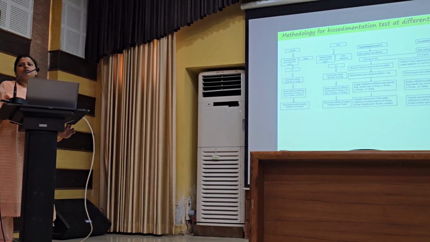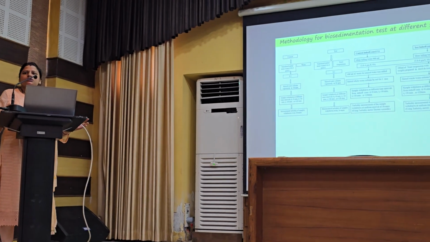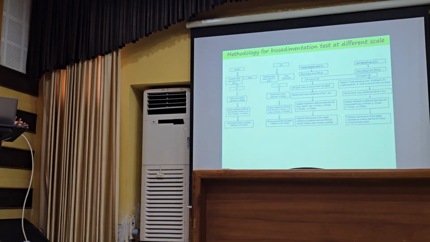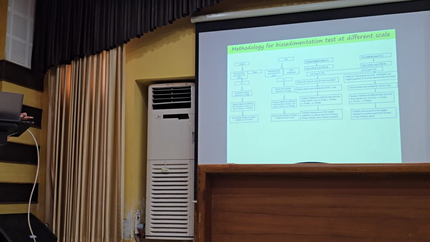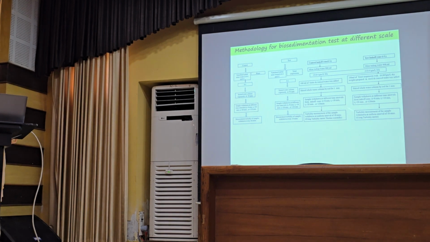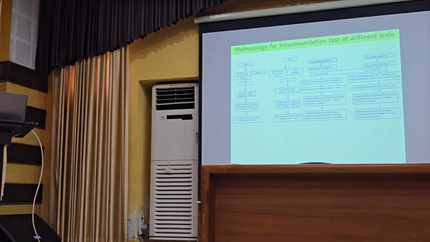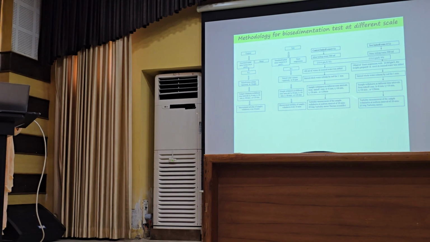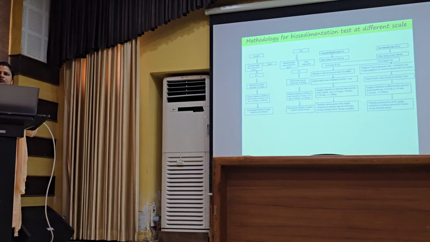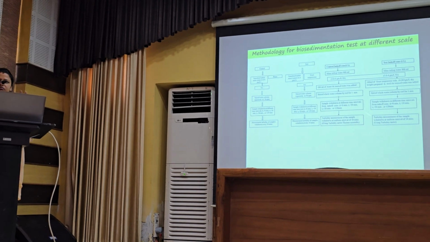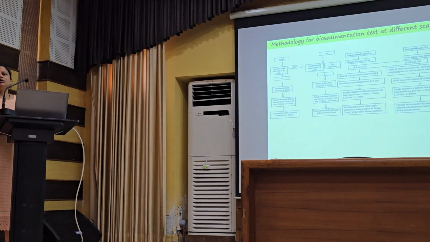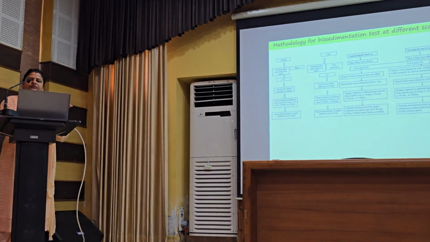Again, after optimization of the procedure, we performed the biosedimentation test at scales from 1 liter to 100 liter in the laboratory. To use the minimum amount of yeast suspension, we took a ratio of yeast suspension to mine-tailing water of 1:9, meaning 9 ml of mine-tailing water and 1 ml of yeast suspension, scaled up according to the level of test we are performing.